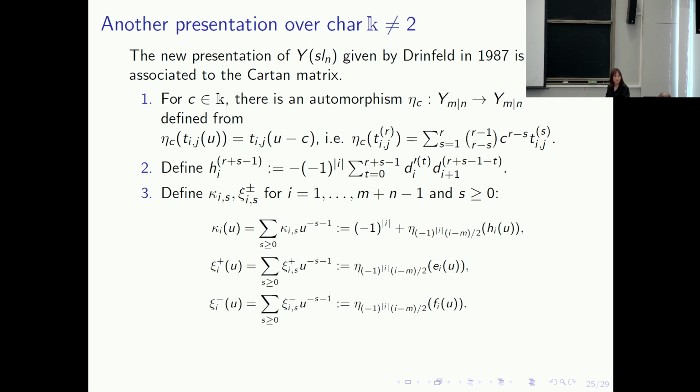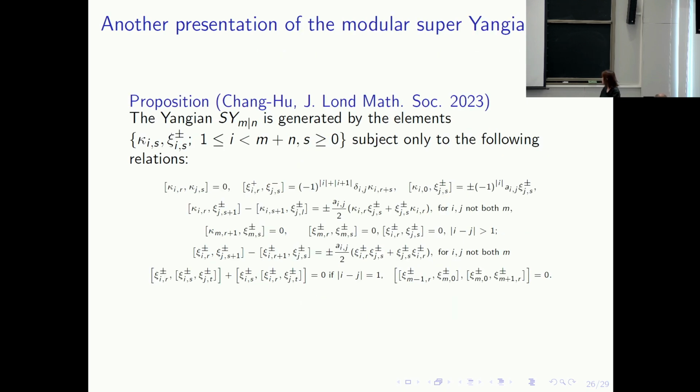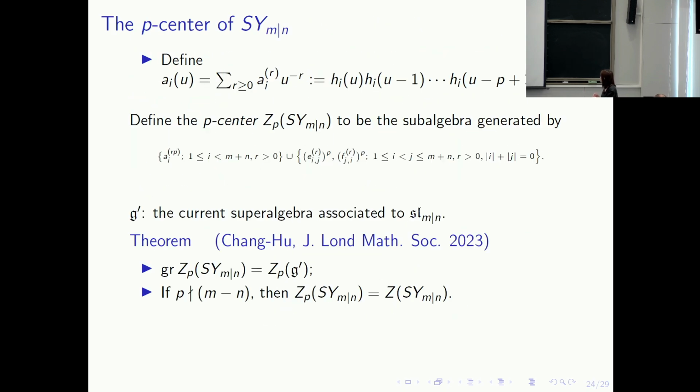What if it does divide M minus N? So if it doesn't divide M minus N, it's the same as the unit center. And if it does divide M minus N, then what happens? We don't know. But we just prove it for the case where it cannot be divided. Since we are in positive characteristic, the conditions cannot be divided by